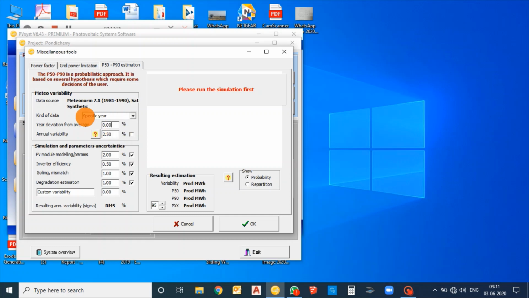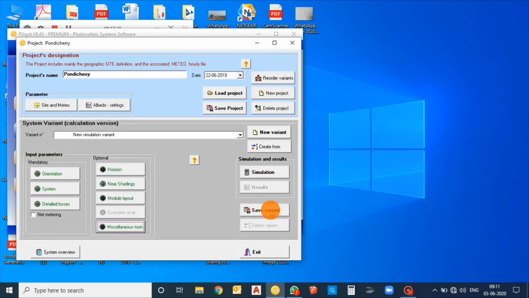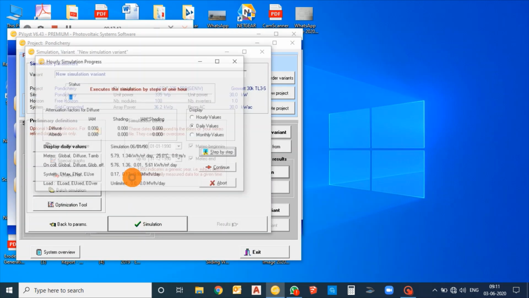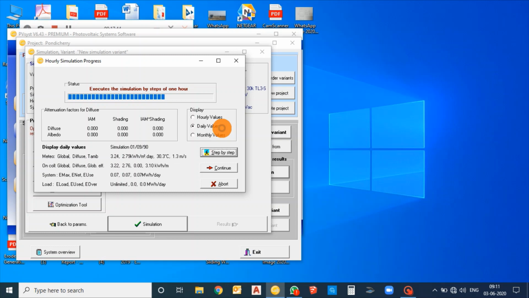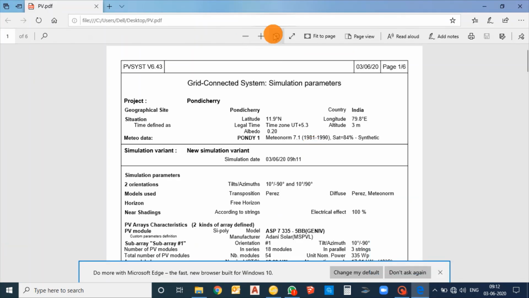You will be going for a specific year, and the percentage of 95 can be changed to 75%. You will be having a report of 75% probability. So just save the variant, go for simulation, and just simulate the file and click OK, and the report will be ready.